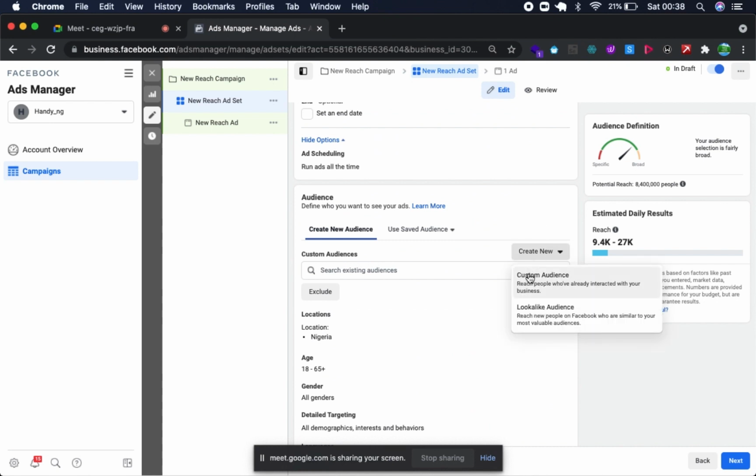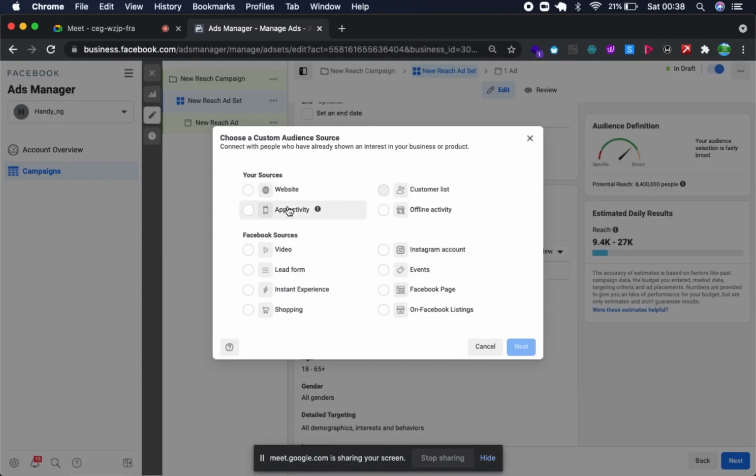What custom audience is saying is that you can pick a source, maybe your website, a list, your Instagram account, your Facebook page. Because it's a new page, you're not going to do that. For example, if you want to reach your Instagram account, you see the options that we have.